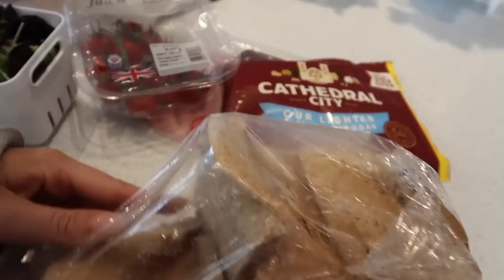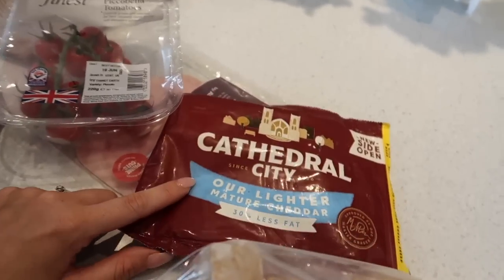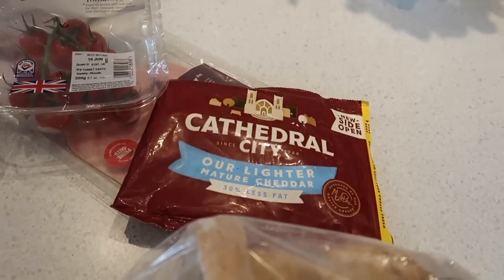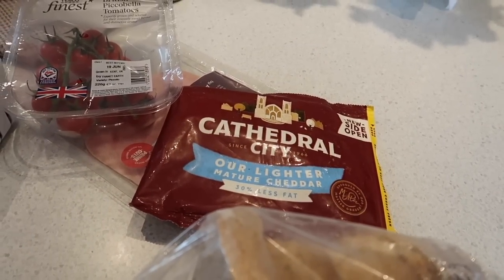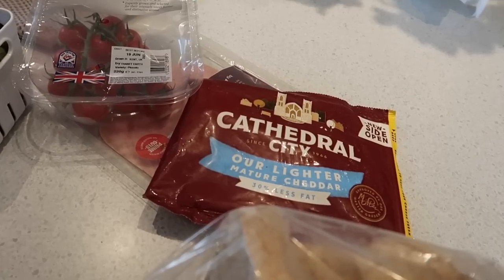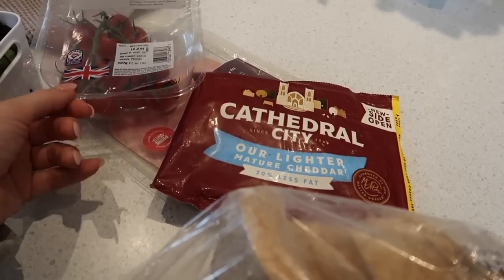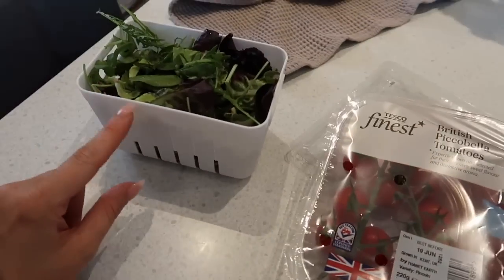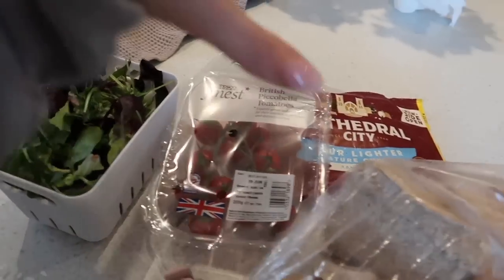Then because I've used half of my cheese with my breakfast, I'm going to use the other half with this, the Cathedral City Lighter Mature. You can have 40 grams of that as your Healthy Extra. So I'm going to do 20 grams of that so that it will equal up to my 1 Healthy Extra A from this morning. Some ham, which is protein, tomatoes and lettuce, which is speed,